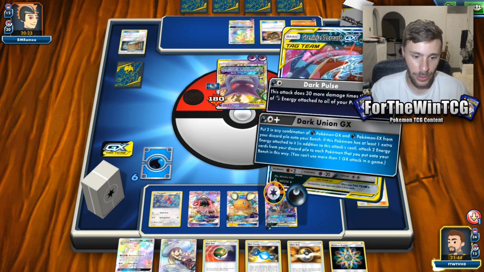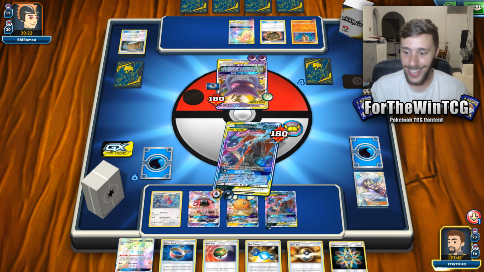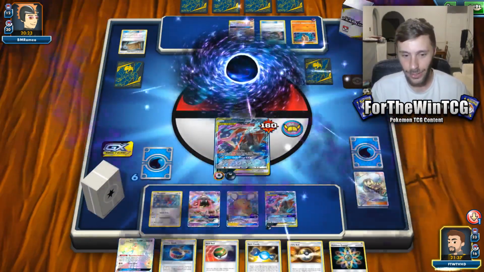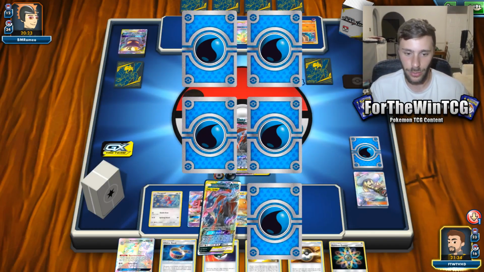Alright, this is awkward, but... Oh, we can Lily. Okay, I'm going to Lily here. It thins the deck. We're just out here, we're just rolling. Alright, there we go. 240 damage. Again, we would KO this next one, but this Greninja Zoroark is going to go down, so...